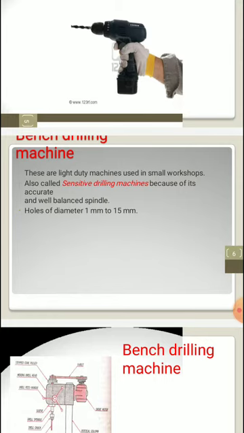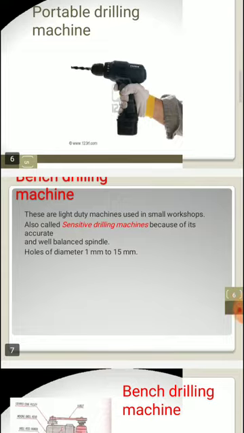Okay, 15 diameter holes. Diameter, you know, diameter is the size of the hole which is measured in diameter. So up to 15 diameter holes, this kind of machine, that is a bench drilling machine, is basically used. Okay,